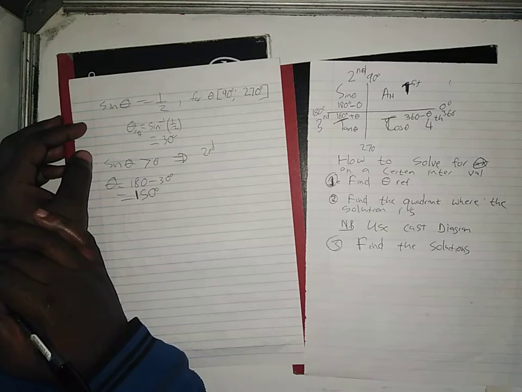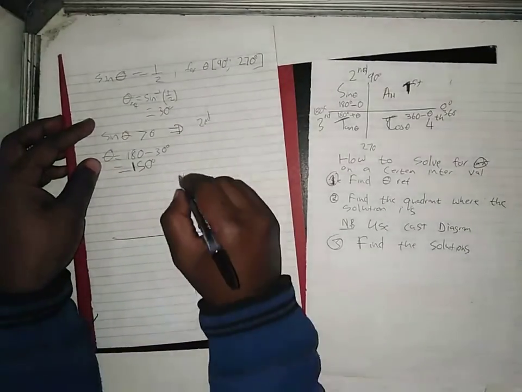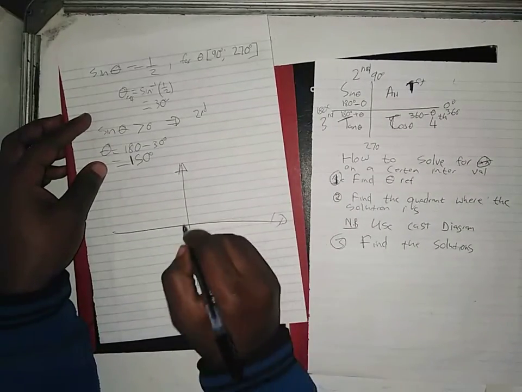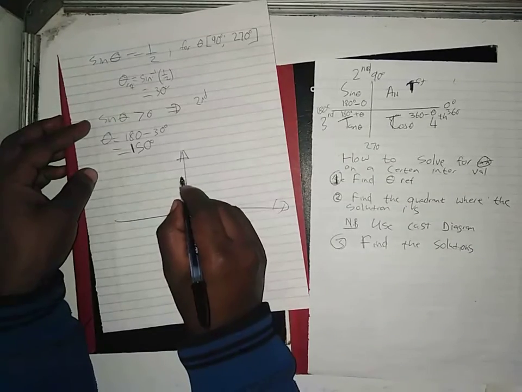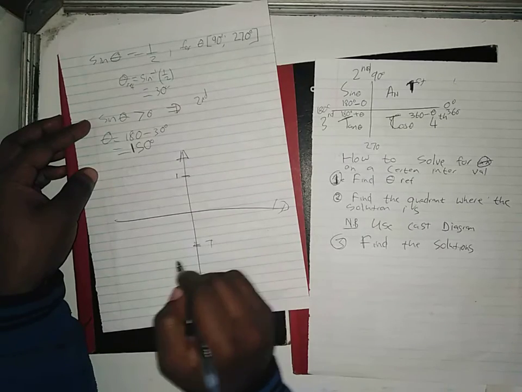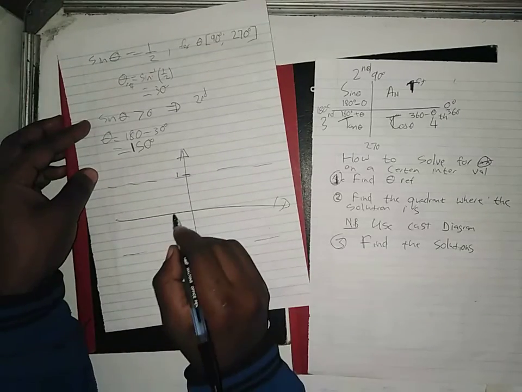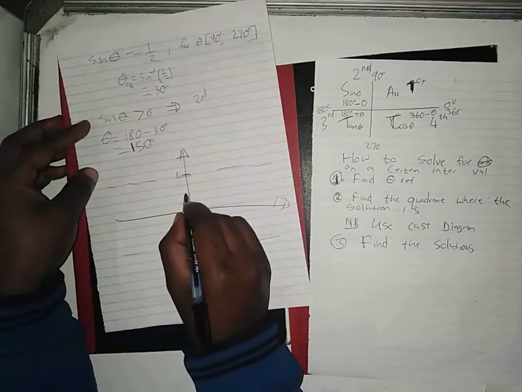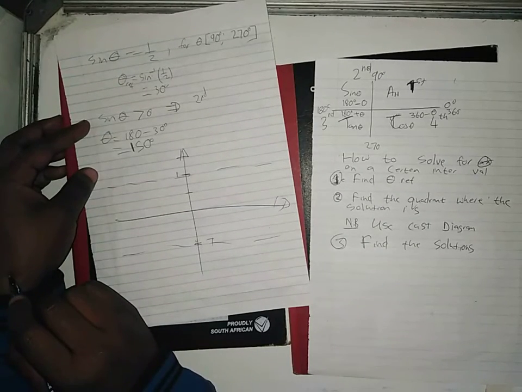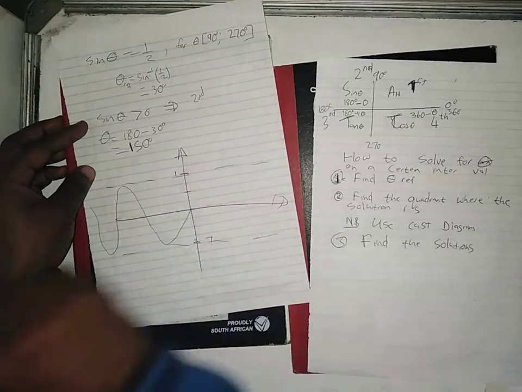So basically, when you are saying solve for theta for this angle, you are saying find the solutions for me. Guys, remember, when you are looking at the graph of sine, we haven't done the graph of sine, but when you're just looking at it, you will see that the graph of sine is between 1 and minus 1, right? And then minus 1. So what will happen is when you pick a point, so this is half, so half is somewhere here. Can you see that? So your sine function will go like this, and it will go on and on and on and continue this side